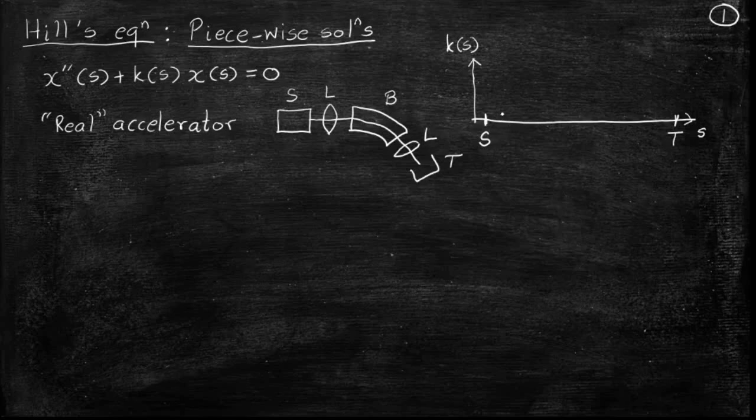Firstly, if you remember the way k came about in your original Hill's equation derivation, it was from a Taylor series expansion of the magnetic field, which means that if in a certain region the magnetic field is absent, then the question of k does not arise. K is directly zero. There is no k in a region of zero magnetic field.